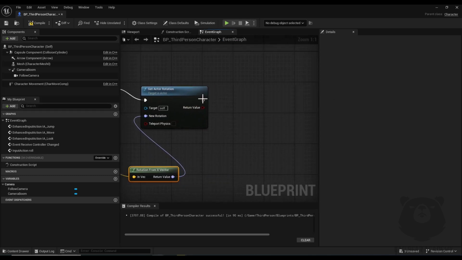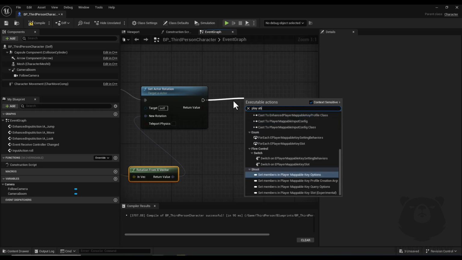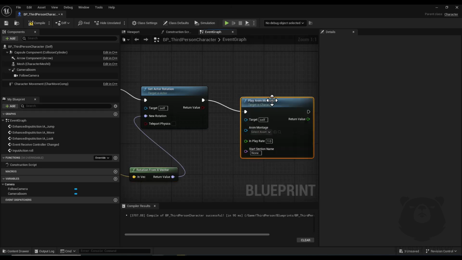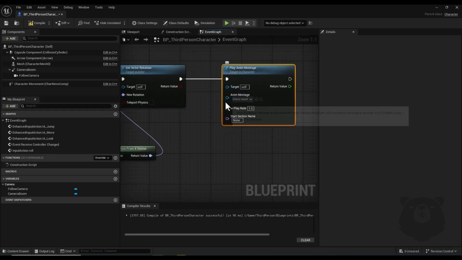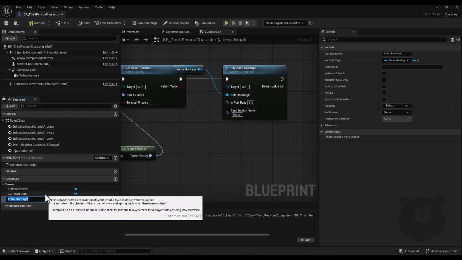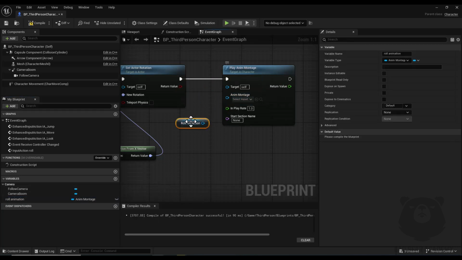And now here I drag a node and add play anim montage node. Here I search for play anim montage, and for this input anim montage I right click and promote it to a variable, and I name it roll animation. Now I disconnect this variable, and here I select it, and from this section variable type I set type of this variable to array,